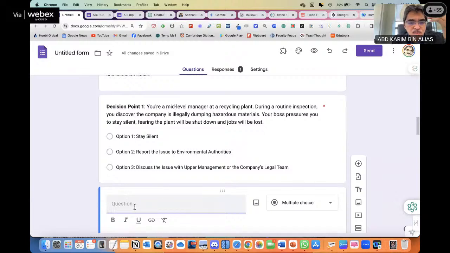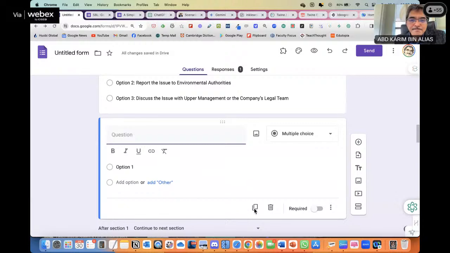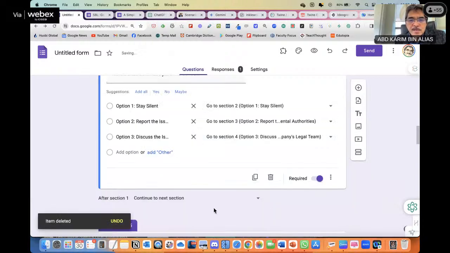Oh, dia masih dalam section 1. Oh, no. Cannot. Tak boleh. Right. No. I must add a new section, I think. I must add a new section.